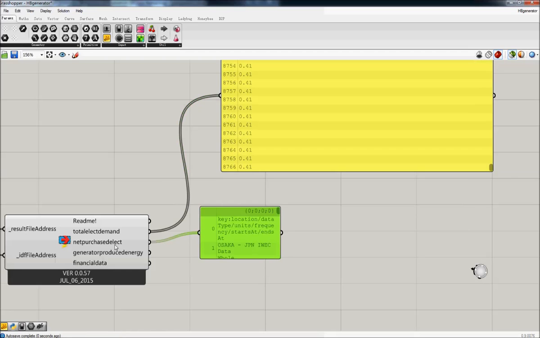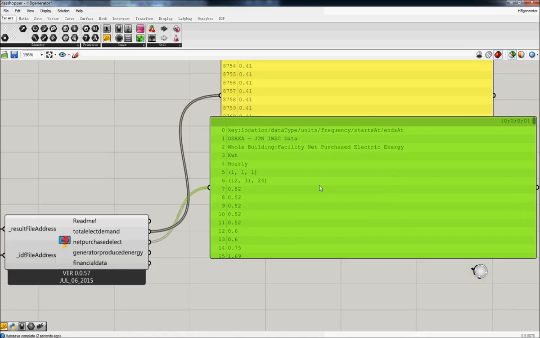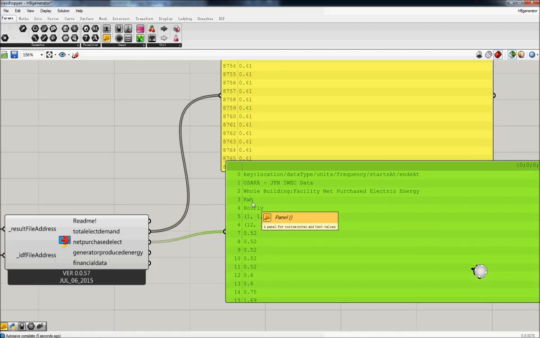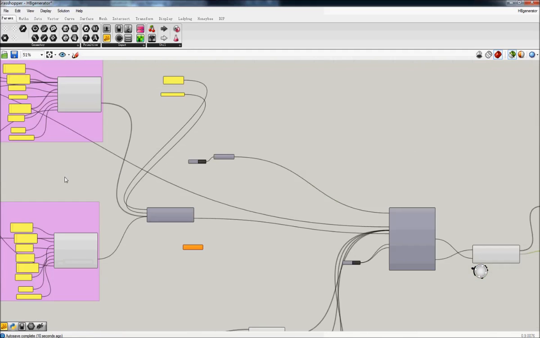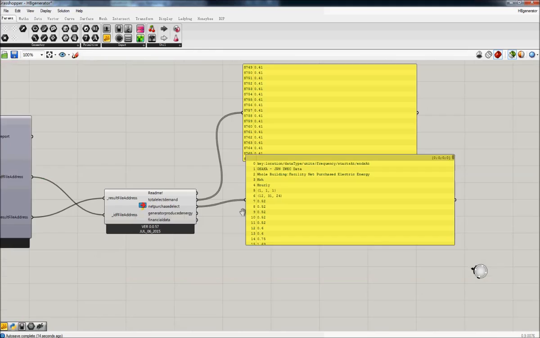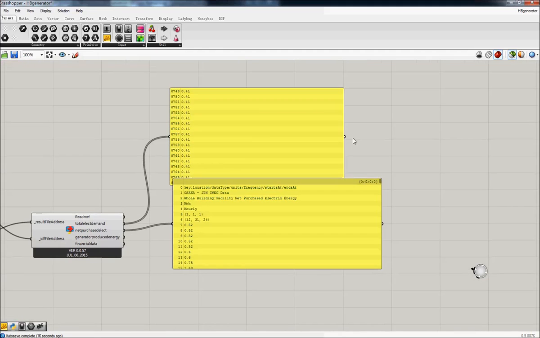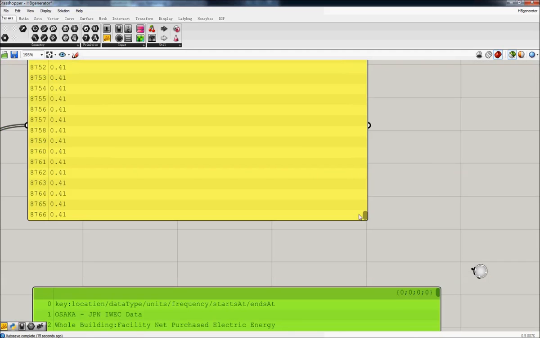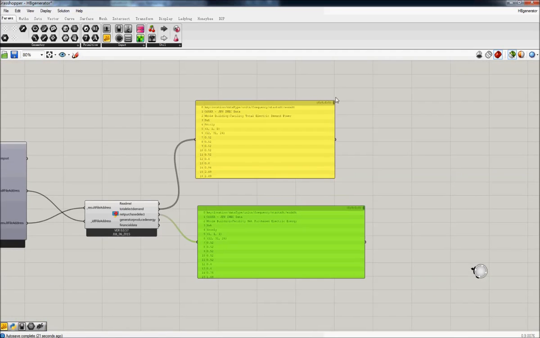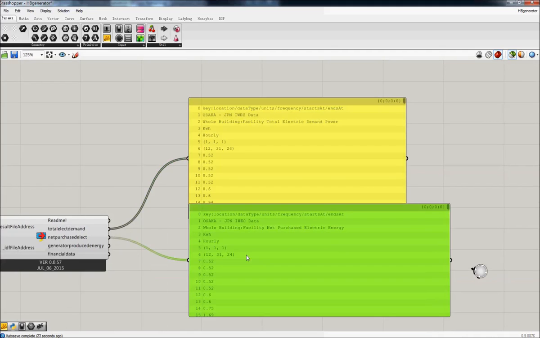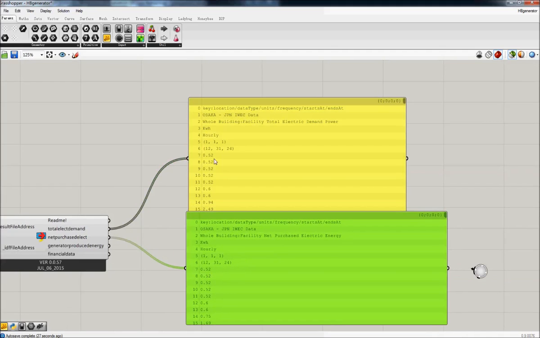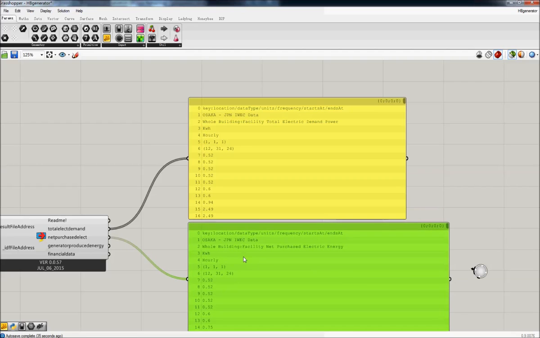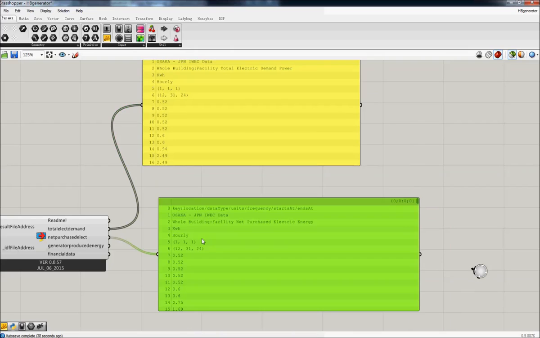Okay, so now this is the more interesting part. This is the net purchased electricity. So what this means is that at every hour of the year, you have your PV generator system back here generating electricity. Now, if the PV generator system generates no electricity in a specific hour, what you'll see is that the net purchased electricity is the same as the demand, say for the first hour of the year, 0.52, 0.52, and that's the case because obviously in the middle of the night, PV generator systems are not going to be